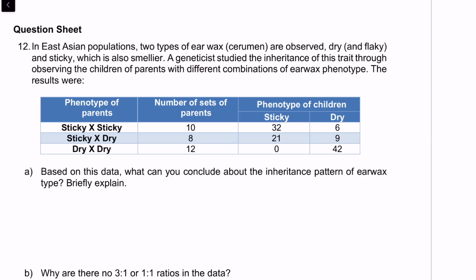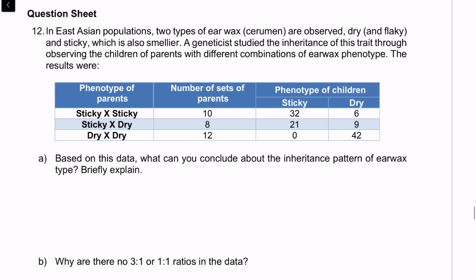Based on this data, what can you conclude about the inheritance pattern of earwax type? Okay, so as we can see in the data, we have the sticky earwax phenotype of the parents. Once those are present, we know that most of them are going to be sticky in their offspring, okay,